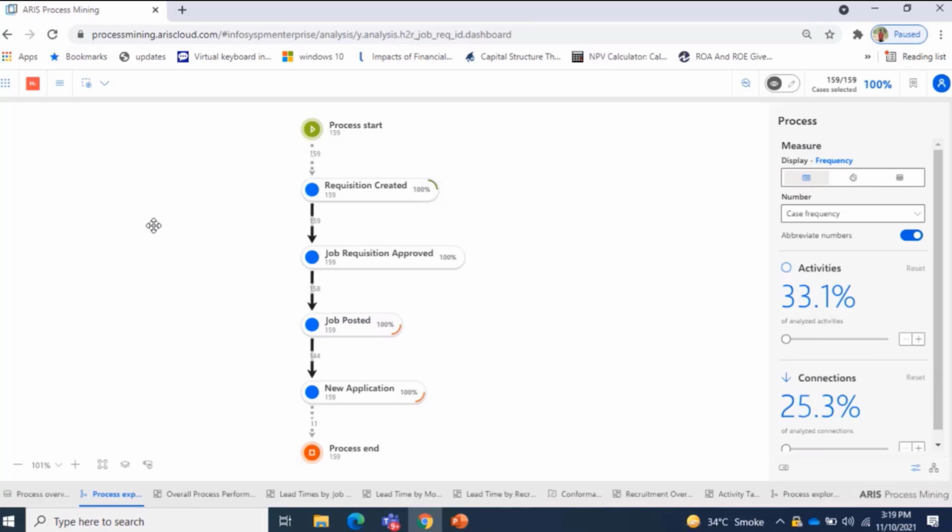Once the activity table has been fed into ARIS Process Mining, the process mining engine will utilize that data and discover a process for you. And this is the first view that you can get, that is the Process Explorer. What Process Explorer does is it provides you a view of the process that has been identified. As you can see here, this is the number of cases or candidates in the system right now, extracted from our solution. This represents the volume of candidates within our system.